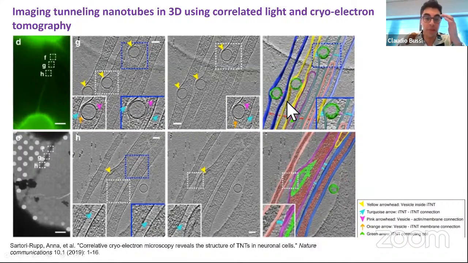Entonces, nuevamente, a partir de estas observaciones, uno puede empezar a preguntarse, bueno, ¿cuál es la composición de estas vesículas? ¿Cuál es el rol de estas vesículas? Hay condiciones en donde quizás esto se genere más o se genere menos, etcétera. Son un montón de preguntas que surgen únicamente si uno tiene la posibilidad de poder observar la ultraestructura.